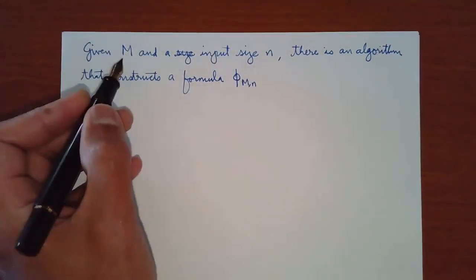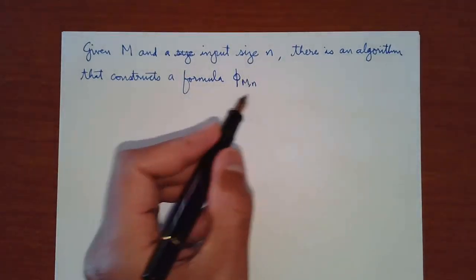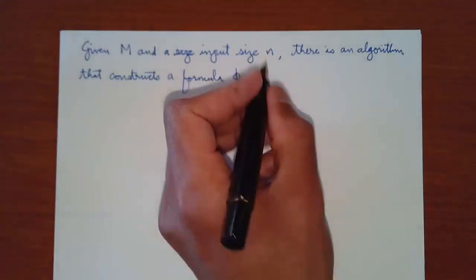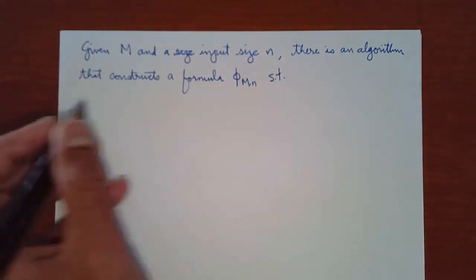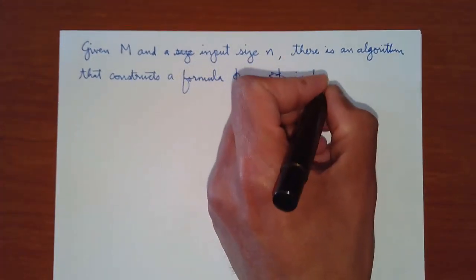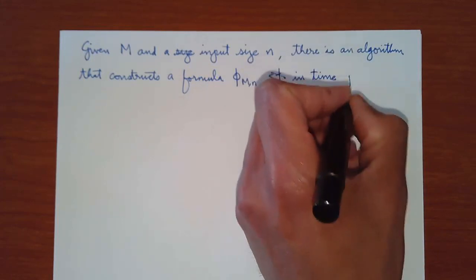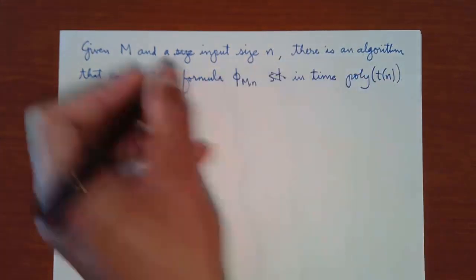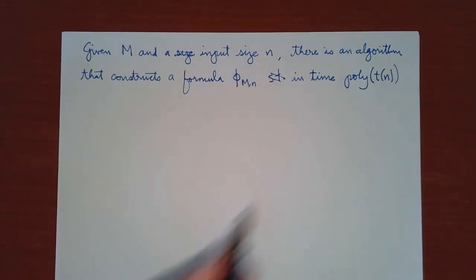Because it depends on m and depends on n, but I don't want to say that the input to phi is mn. It constructs a formula phi mn such that there is an algorithm that constructs phi in time, I'll just say poly t of n, which is the time that machine runs in. So in time polynomial in that,